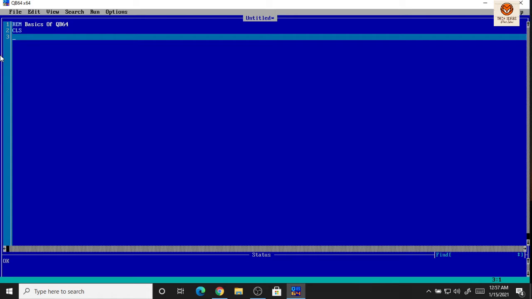To make a variable, first write let, and there are two types of variable: string variable or alphanumeric variable, or numeric variable.